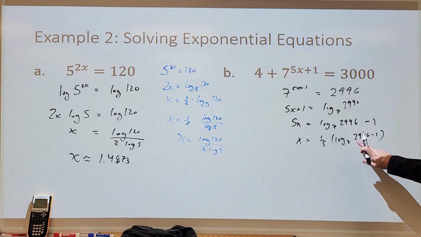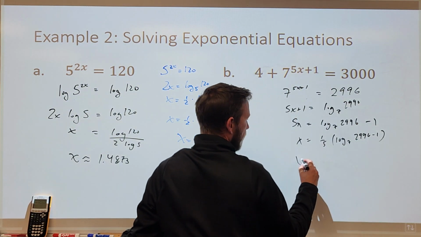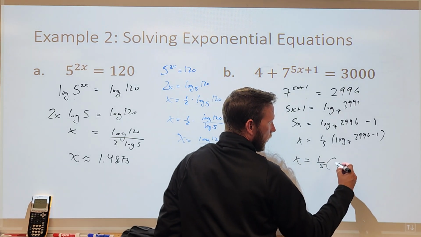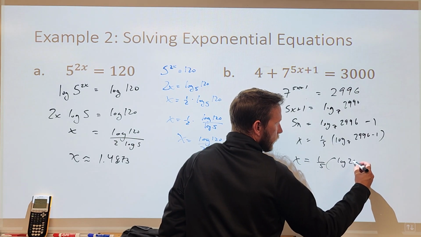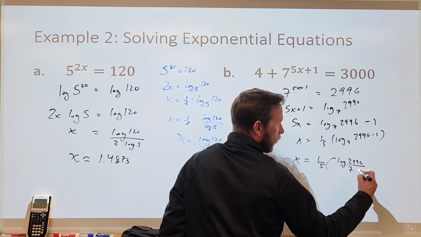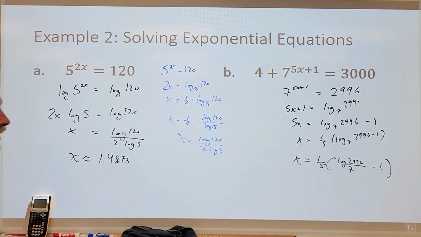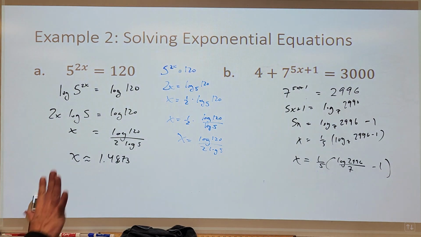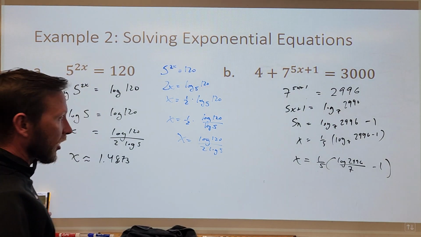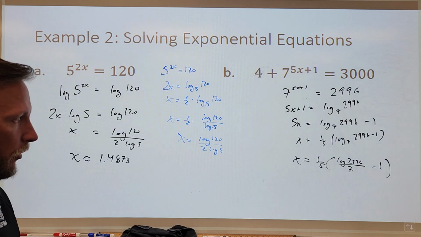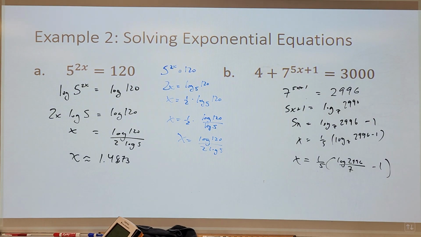All right, now for this part, we might need to write that, and maybe even earlier in our work, we might need to write that as log of 2996 over 7, and then minus 1. We don't want to have a fraction in our fraction, so that's why I'm leaving that the way it is. If you want to distribute that 1/5 in there, you're welcome to, but again, we want to be able to approximate that. So I'm going to take 1 divided by 5, and multiply that by the log of 2996, close parentheses, divided by,